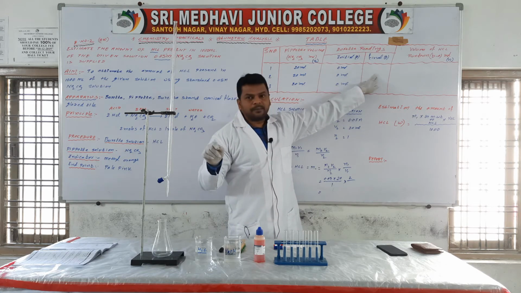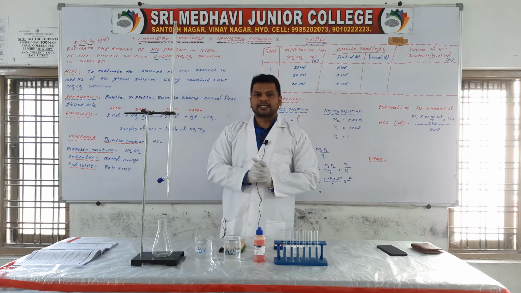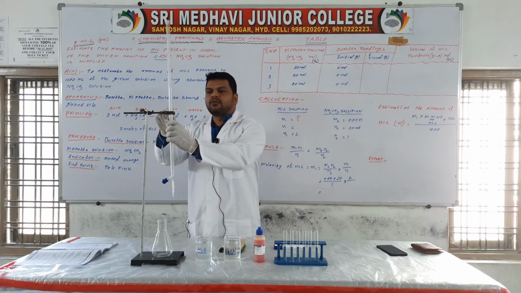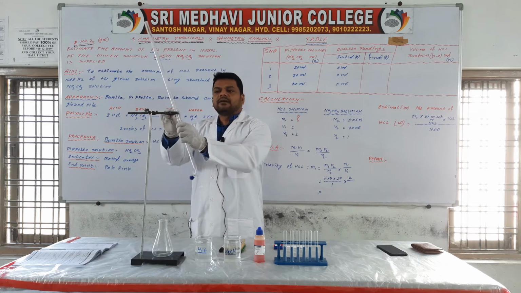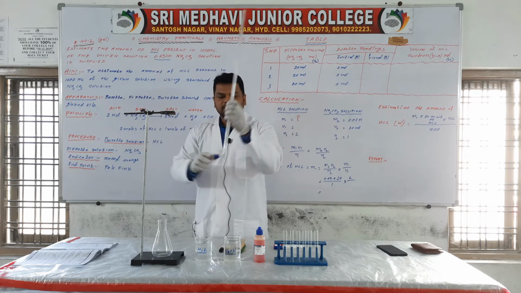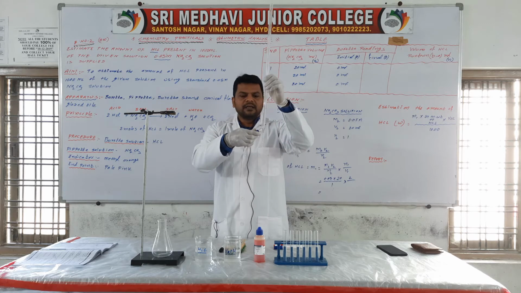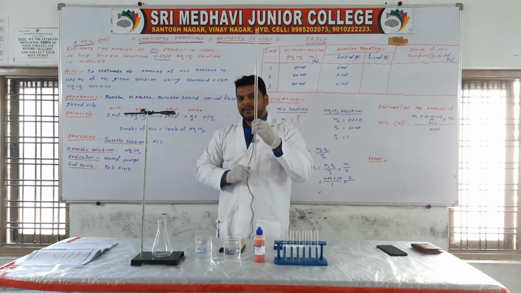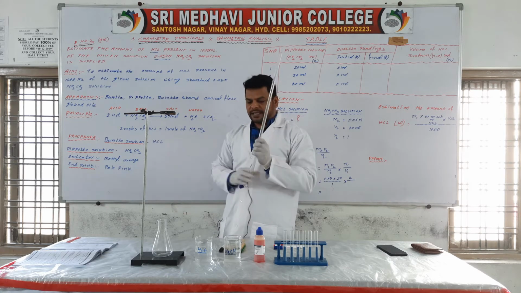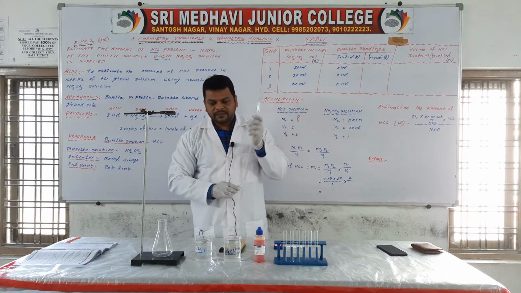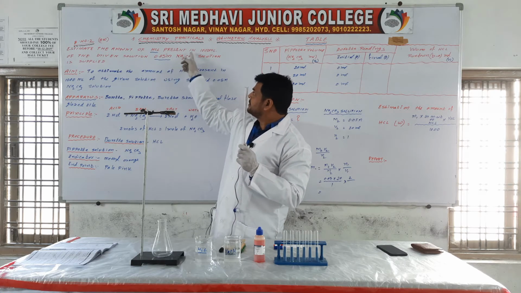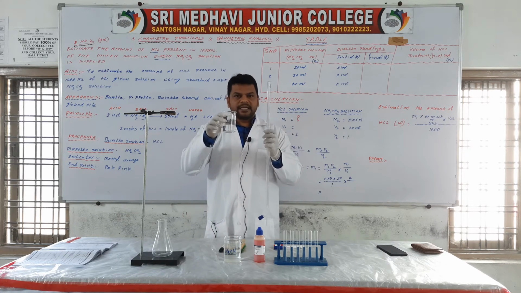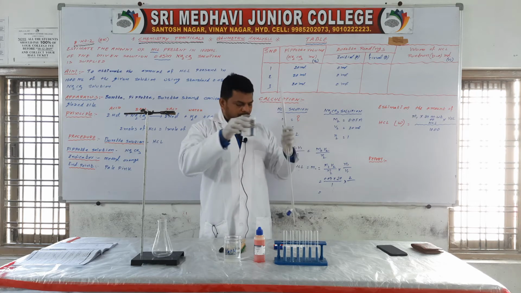After the experiment you will get the B value. So how the experiment goes on, see students here, the burette solution. Wash the burette first with tap water and then distilled water. So this is the burette. You have to operate this burette with the help of this nozzle. Okay, then for the experiment, the burette solution is HCl. So here we have an HCl solution whose concentration we don't know, so we have to find it. HCl solution you have to take into the burette like this.